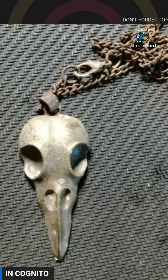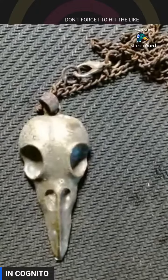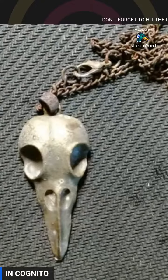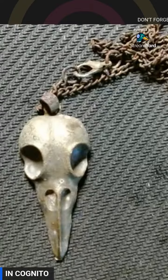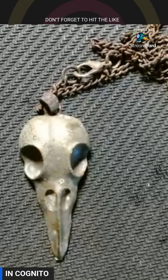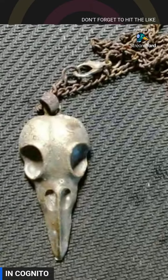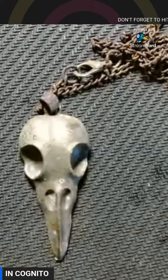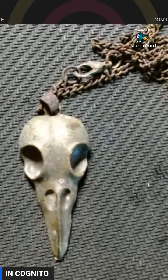Thank you for the comment. You like seeing my finds. I like showing my finds. I like to show up close what I find out there. I like doing my live hunts because you see me dig it up and you know that it's real. It's not fake and nothing planted. Even when it's on the surface, it's actually pressed into the ground 90% of the time. Right when they first drop it, if I find it, it'd be fresh on top of the ground, and that's still a legitimate find because they dropped it. I didn't find it, and I really appreciate that. You like to see it. So anyway, what do we got here? Okay,